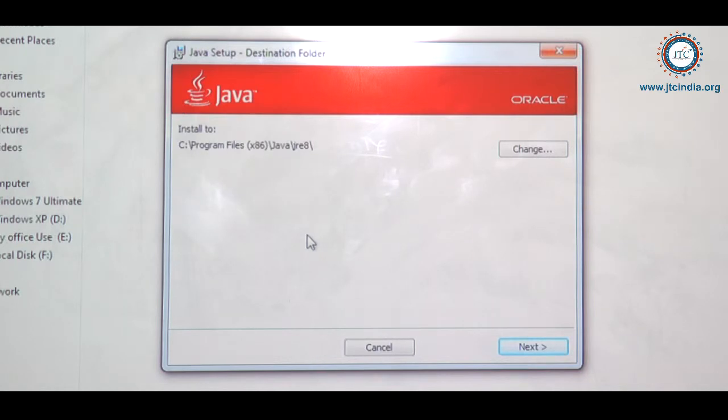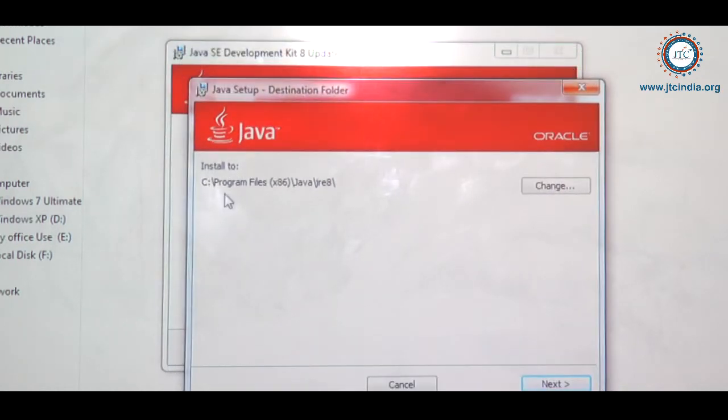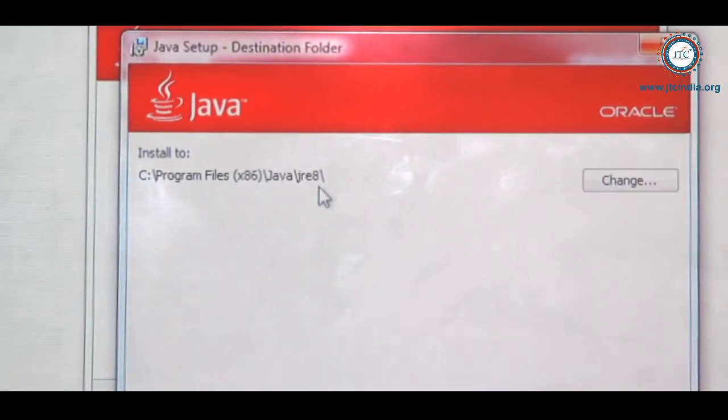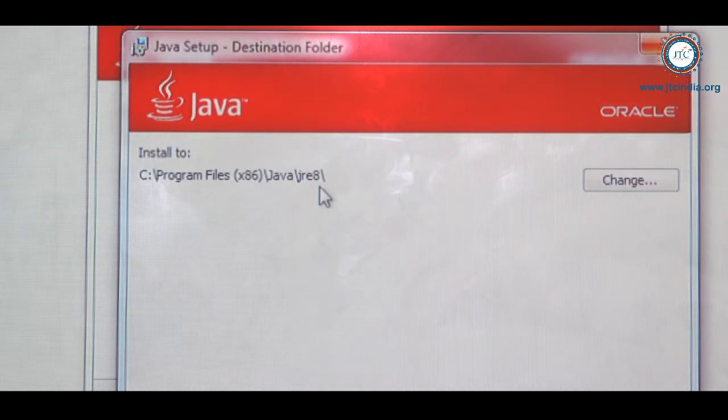In between, one option is coming: install JRE. So there is a question: can I install JRE separately other than JDK? Yes, we can install JRE separately, as well as JDK separately. Anyhow, when you are installing JDK, JRE comes with it. There are two concepts called public JRE and private JRE. About this we will discuss later. The public JRE is outside the JDK folder, and the one which is inside the JDK we will call a private JRE. What the purpose of that is, we will see later. So you just need to click on Next.